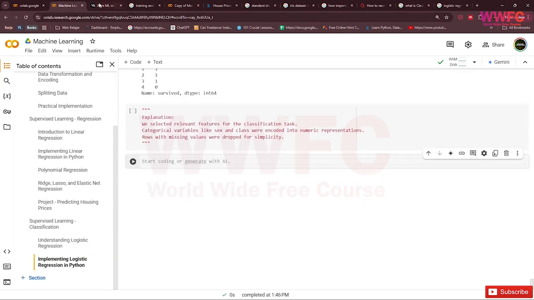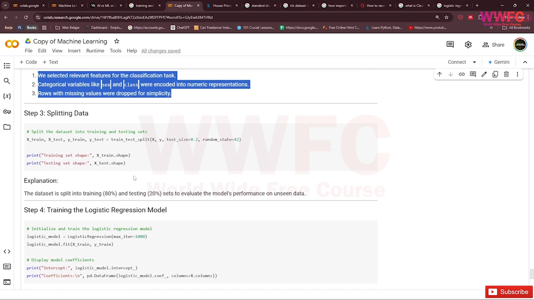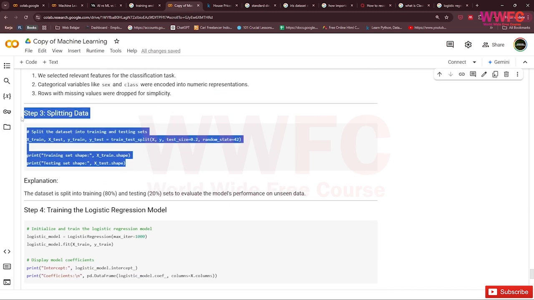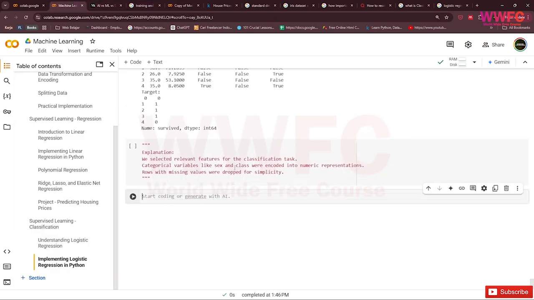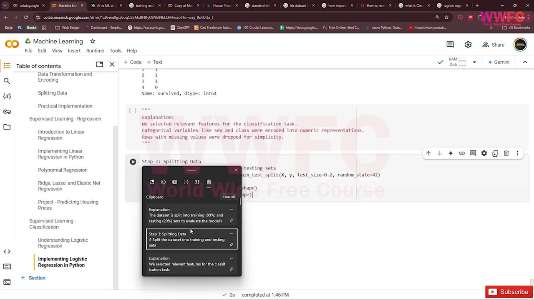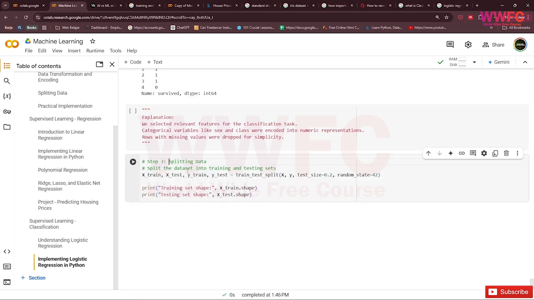Next, we split the data, like usual. We split the dataset into training and testing sets: X train, X test. So we also make an explanation like this: the dataset is split into training 80% and testing 20%, to evaluate the model performance on unseen data.